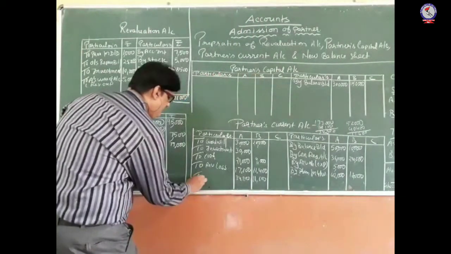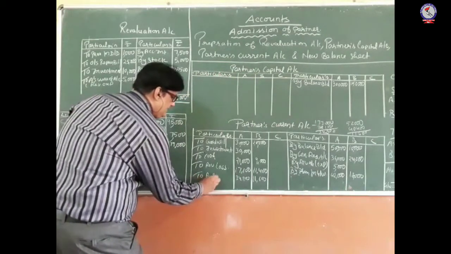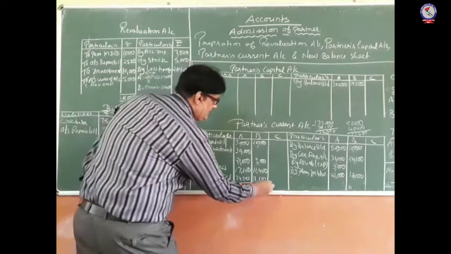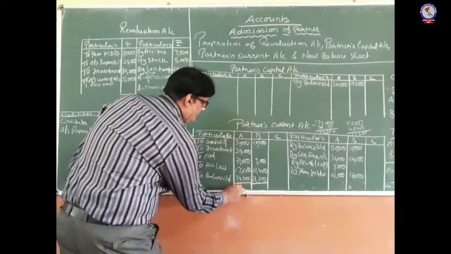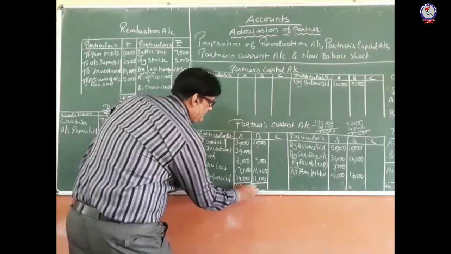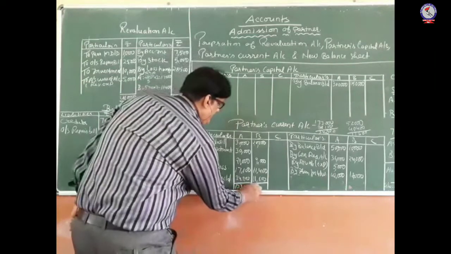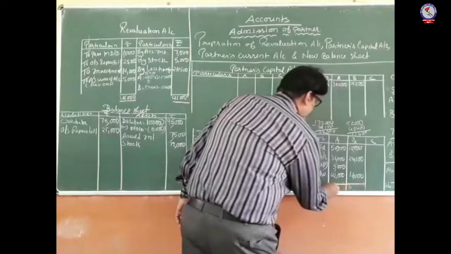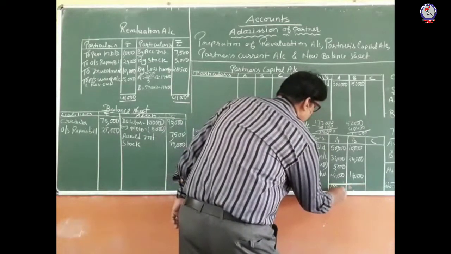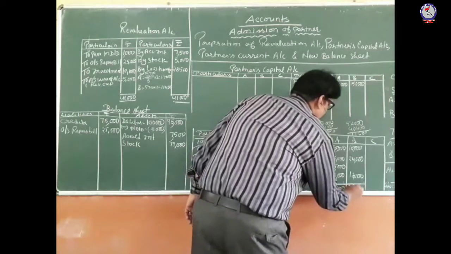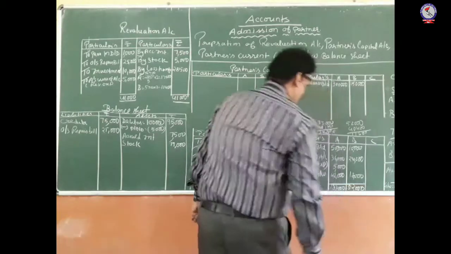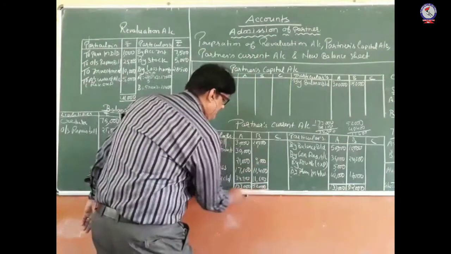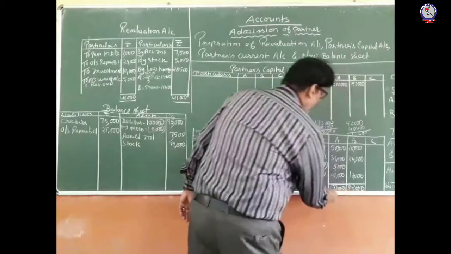34,900 to balance sheet, and this will close with 1,33,000 and 52,000 respectively. Okay. So this is the closure of this account, that is the current account, and now we will move